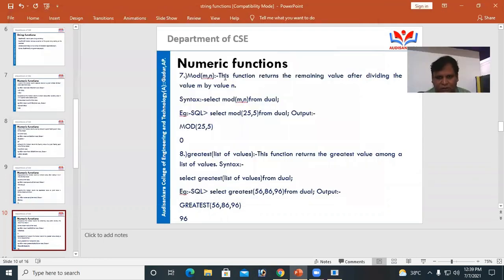This function returns the remaining value after dividing the value m by value n. Are you clear?